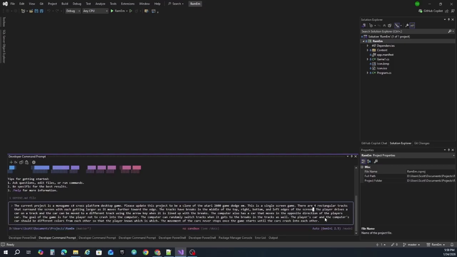So we're going to correct this here. And the computer also has a car that moves in the opposite direction of the player's car. The goal of the game is for the player not to crash into the computer. The computer can randomly switch tracks when it gets to the breaks in the tracks as well. The player's car and the computer's car should be different colors from each other so that the player knows which is which. The movement of the cars never stops once the game starts until the cars crash into each other. And then,